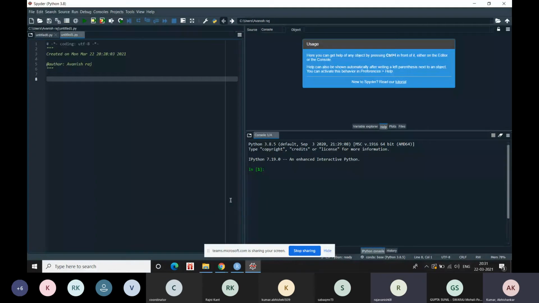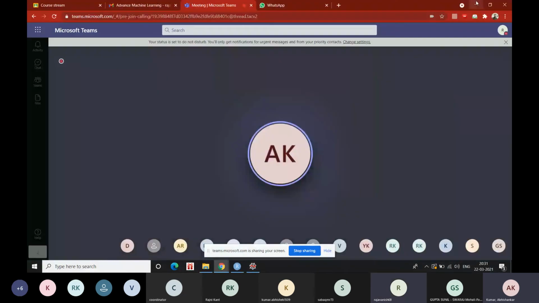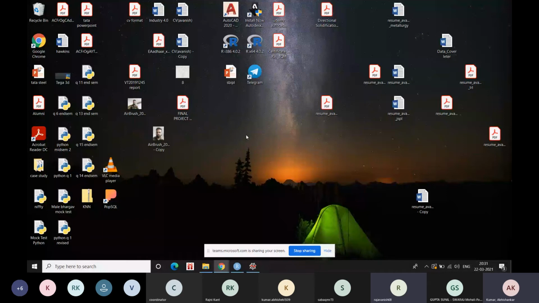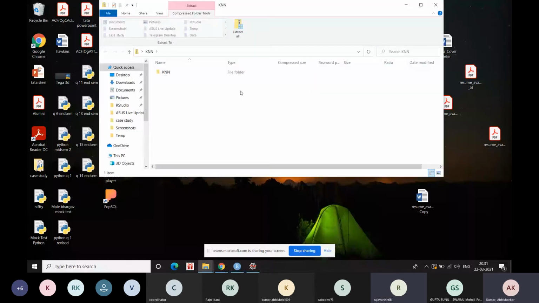You show me where that file is. You go to desktop first and show me. Okay, sir. You just unzip that now first. Unzip it. Okay, sir. Now, sir. That's all. Yeah. Where is the unzipped folder? No, no. Unzip it and show me the folder.